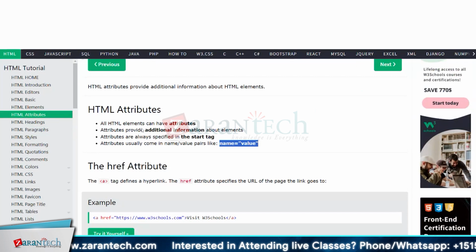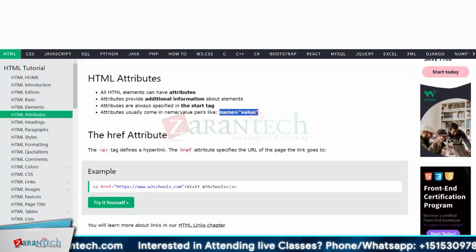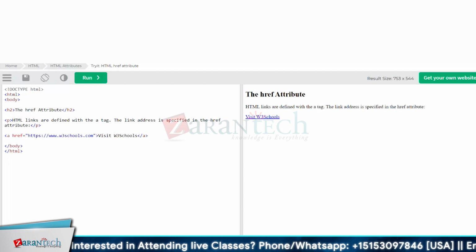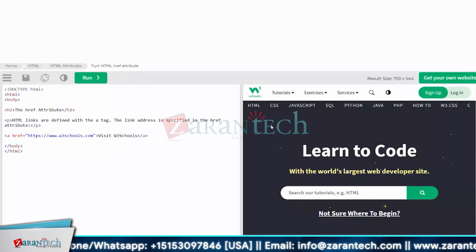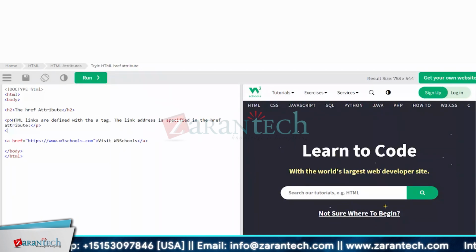Let's move to the next element, that is hyperlink. HTML links are defined with an a tag. The link address is specified in the href attribute. So if I click this link, I'm navigating to that site. If I use the a tag and close it with /a, and say here link,